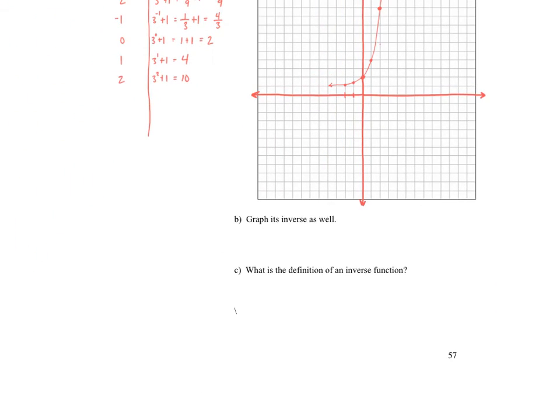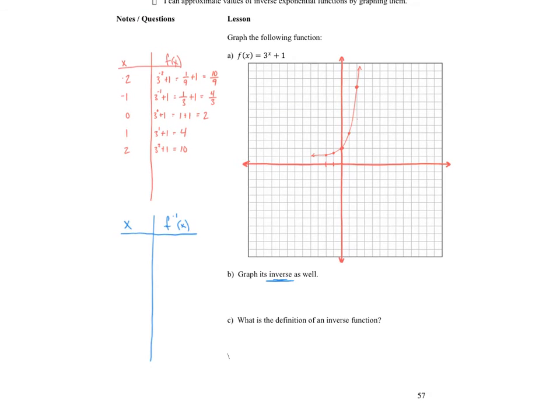Then B says to graph its inverse as well. It might have been a while since we talked about inverse functions, but in order to graph the inverse of a function, there's really only one thing we need to do. It's very, very simple. The only thing you need to do to graph an inverse function is take each of the points in your initial function